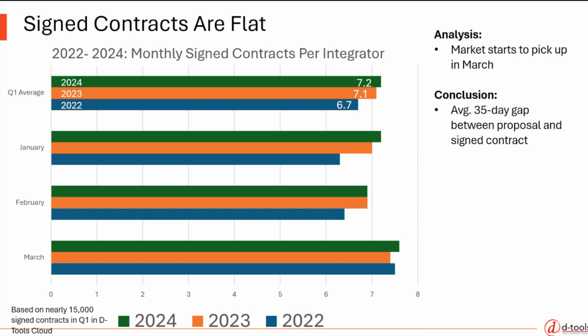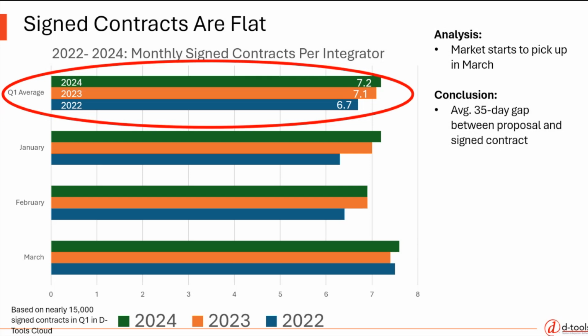And again, we haven't done this across the entire board, but we've looked at some particular categories, and there is about a 30 to 40 day gap from the time the proposal goes to the customer to the time it gets signed. What's going on? That's maybe the time when value engineering is taking place, or the customer is dealing with competitive information from other dealers. But that just gives you a sense of the time from proposal shared to the time it's being signed. We'll have that data more accurately and fully later on.